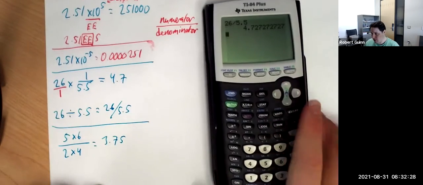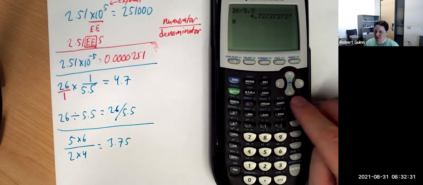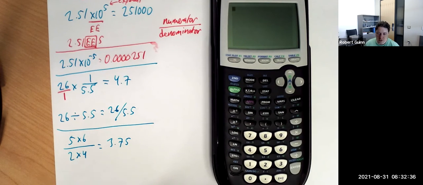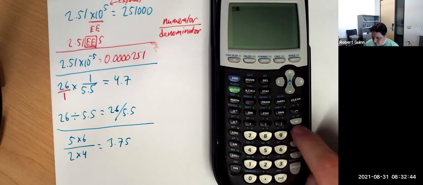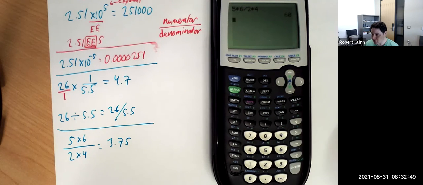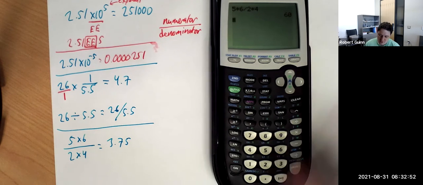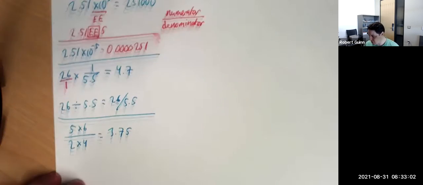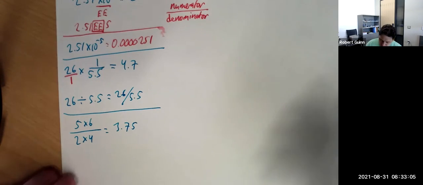Now, there's a little bit of a conflict sometimes between what you think you're putting in and what the calculator thinks, right? Not that calculators think or anything like that. But for example, if I just said 5 times 6 divided by 2 times 4, and I hit the enter button, I get 60. That's not the right answer. So what went wrong? Well, let me write down what the calculator thought that you had put in, okay? So when you say 5 times 6 divided by 2 times 4,